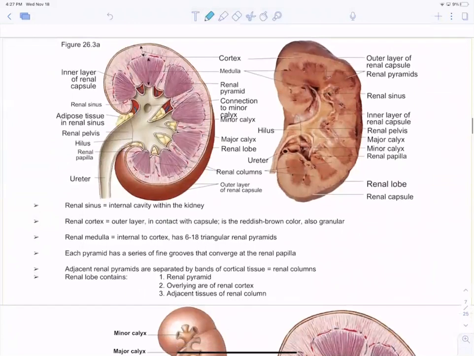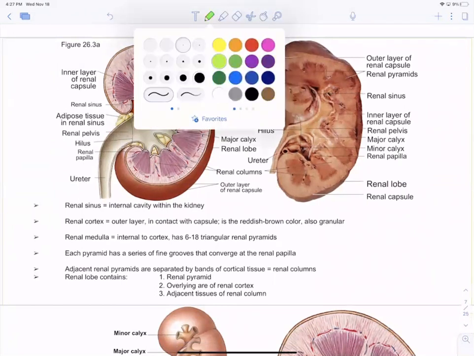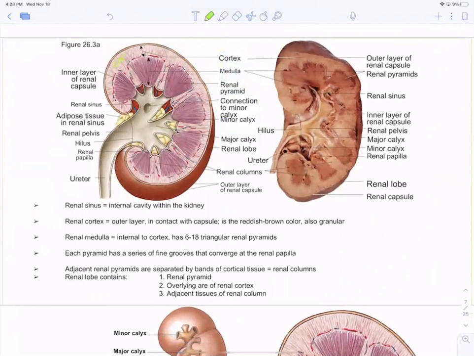Now, if you do a frontal section on the kidney, you see the way it's set up. The kidneys here have the cortex, so this is the renal cortex. And then the medulla is on the inside, just like the adrenal gland, where you have the cortex on the outside and the medulla on the inside. The medulla has these pyramids that are formed here, and these are called renal pyramids. So you're going to see renal pyramid here, and these renal pyramids,